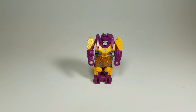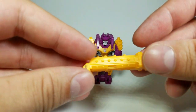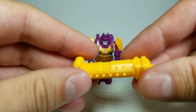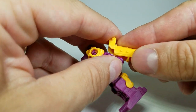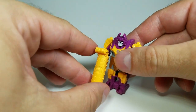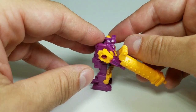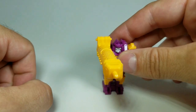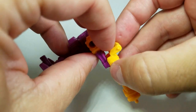Now, my complaint right out of the box with this guy is, what the hell is this weapon? It shows him on the package with a sword, but he comes with this thing. I mean, it plugs in his hand just like the others. I don't know what it's supposed to be. Is it a cannon? Is it a melee weapon? Is it a building? Market share. I guess maybe I could take it off here and then he could hold it